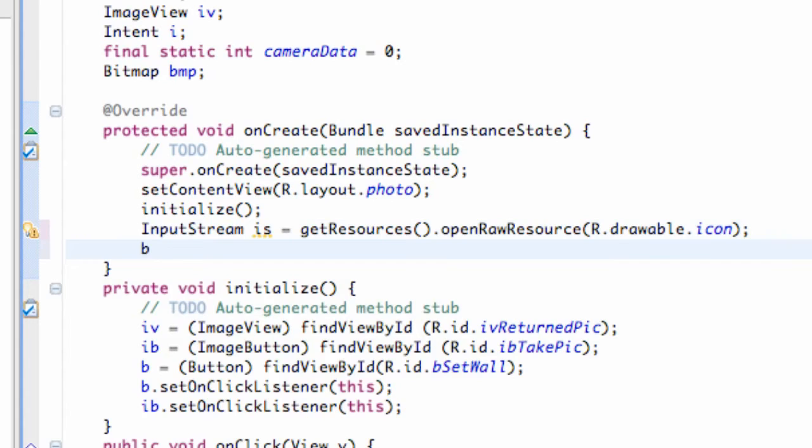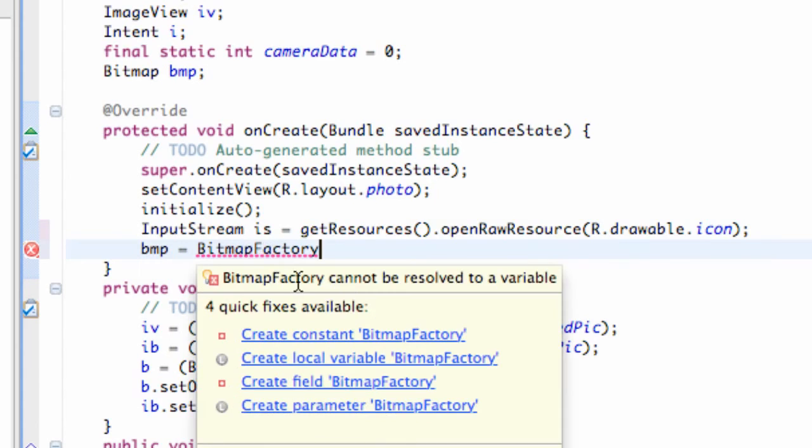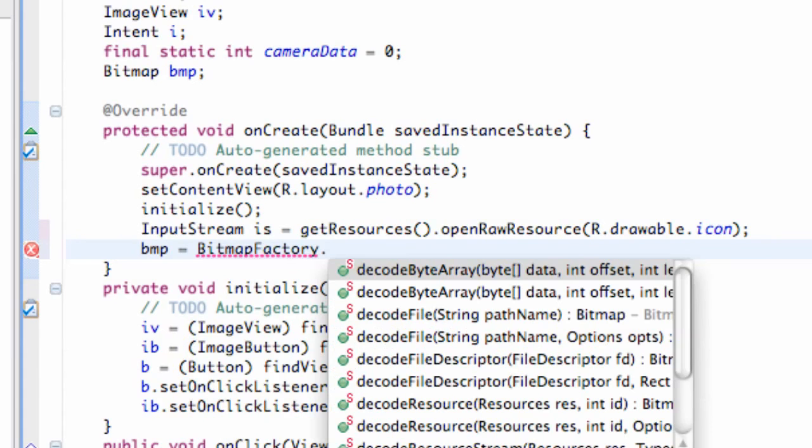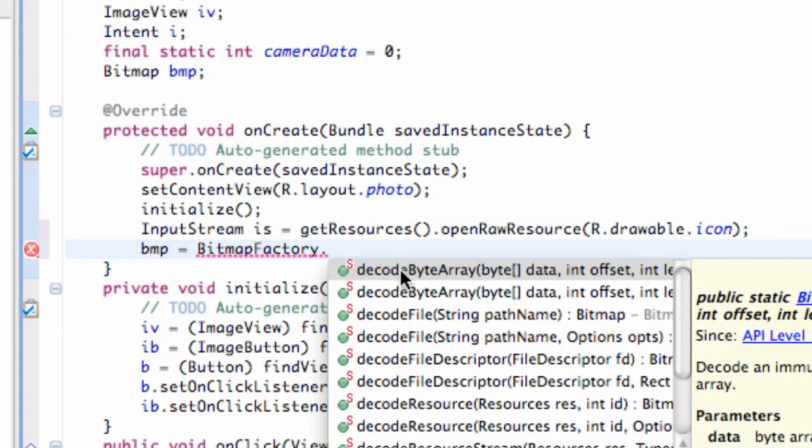and now we need to decode this input stream as we set up our bitmap. So we're going to say bitmap, basically our bitmap variable, and we're going to set it equal to this input stream. But we have to decode an input stream for the most part. I know this is kind of confusing as well, but just to get our application working, and we'll get into more detail as we go through the series. Promise you guys. And we're going to refer to the class BitmapFactory. We need to import this class. It's not allowing us to do so yet. So we just hit BitmapFactory, decode stream,